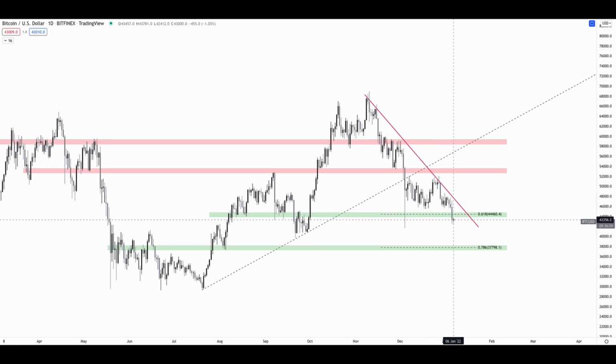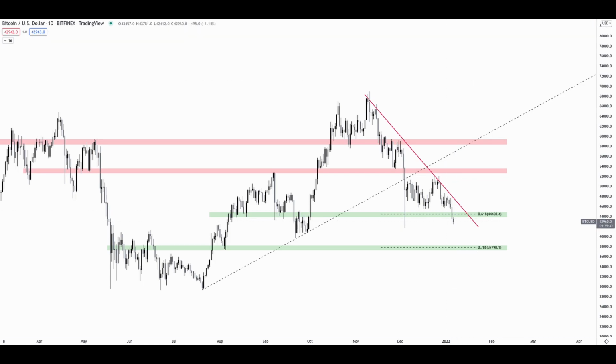So essentially what we are seeing over here is the formation of a lower low compared to this one here, right? Lower high here. And that's what we're seeing. We're seeing a short-term downtrend that's pretty obvious. A lot of people were saying that we were going to fill the wick down to 42K, and it seems like we're doing exactly that right now. We haven't completely filled it yet, but I think it's only a matter of time.